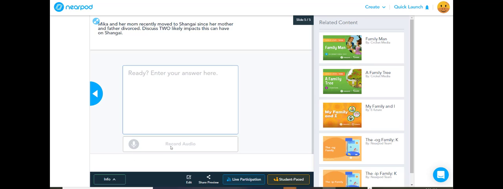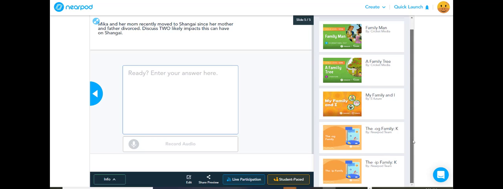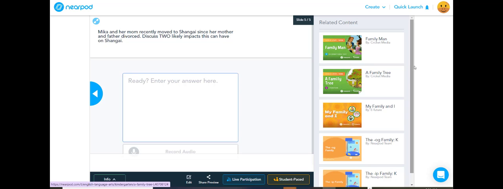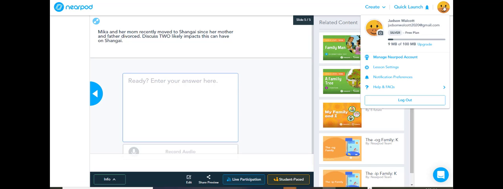And this is what I was speaking about. They can be allowed to record the audio here. So a student who doesn't want to type can actually record their response here as well. So once you have finished with your preview and everything is okay, and if everything is not okay, you can edit here, as well as you would go back. You can even view it full screen. Once you're satisfied, you would go back